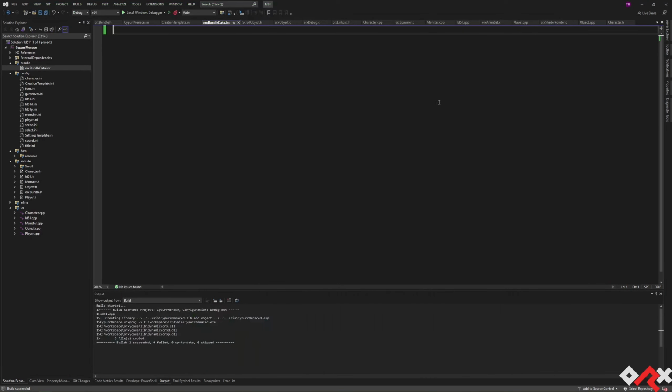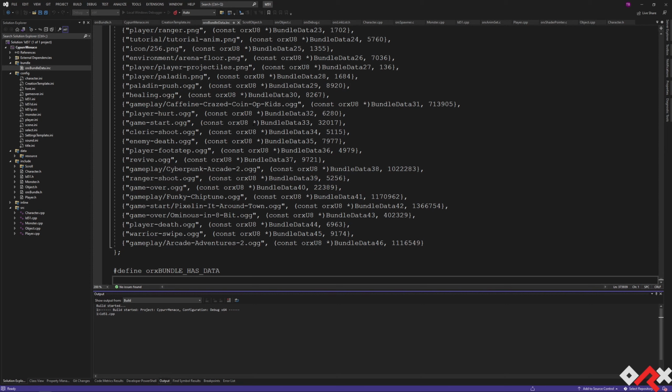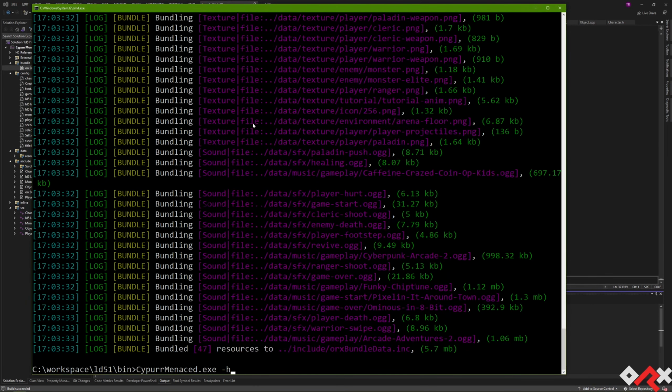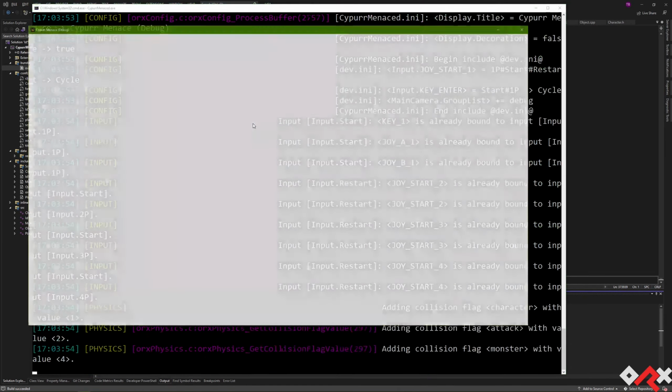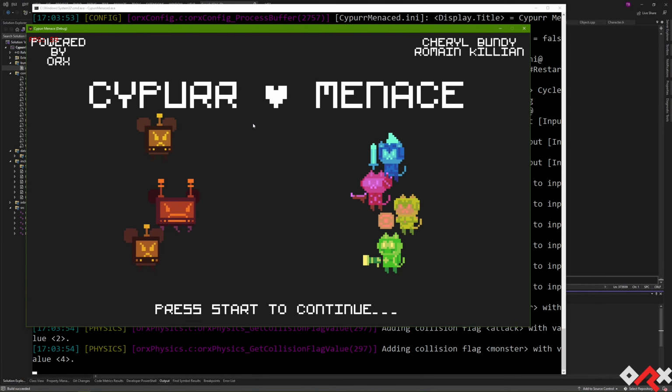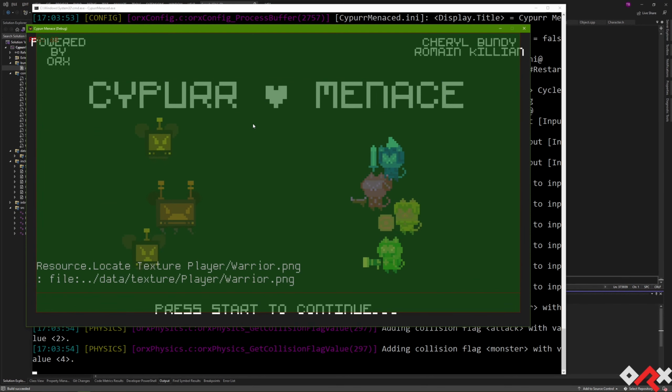There. And here, let Visual Studio reopen the file, and we can build it again. And now if we look at it, you can see it's 7 megabytes, and if we start it, the game looks exactly the same, so we don't see the difference. However, if we ask for locating the player.wire.png,